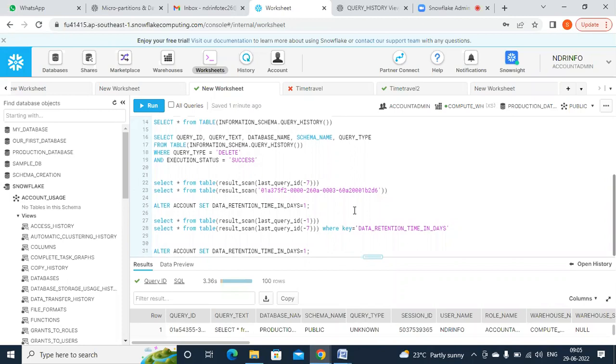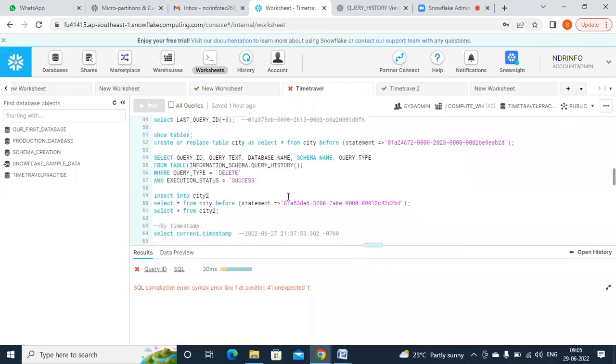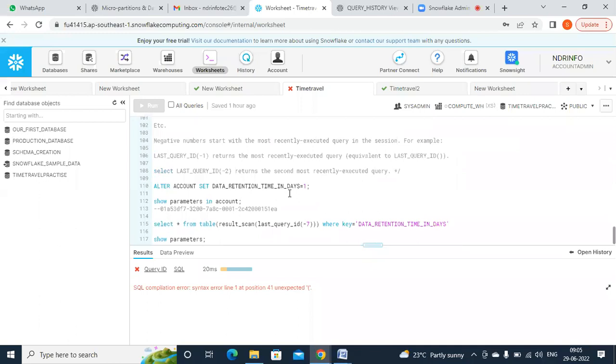Okay, so next, if you want to see the query ID which was executed most recently, using this last query ID. If you want to see the last nth query which was executed recently, then you give last query ID of -n. And suppose you want to check the query ID which was executed first, for the first time,